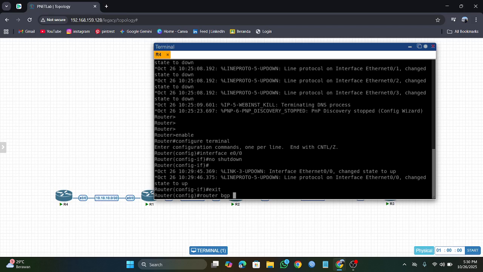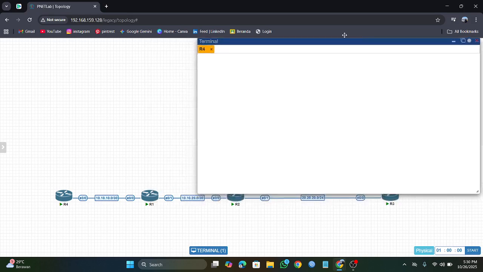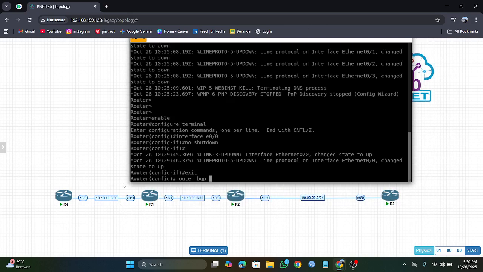Here in this section, enter the number. Since we are using areas 10 and 20, here in this area is 10 and this area is 20.